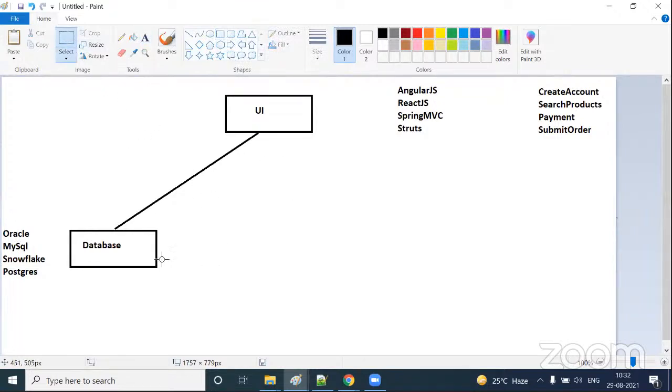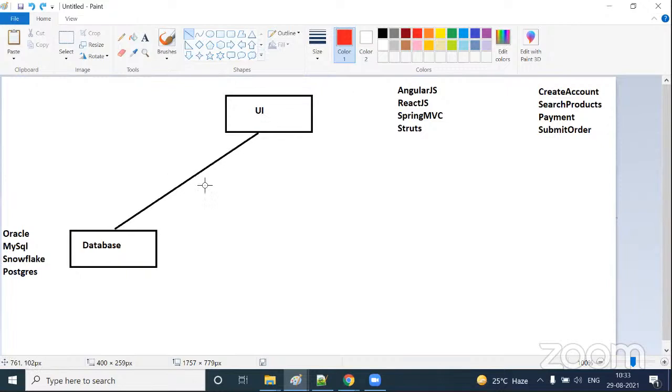Okay. So that means one integration. So actually, that is why ESB is an integration framework. It integrates the systems. Here, as part of the create account process, your UI is integrating with the database, right? The details you enter into the UI are all saved into the database. That means one integration